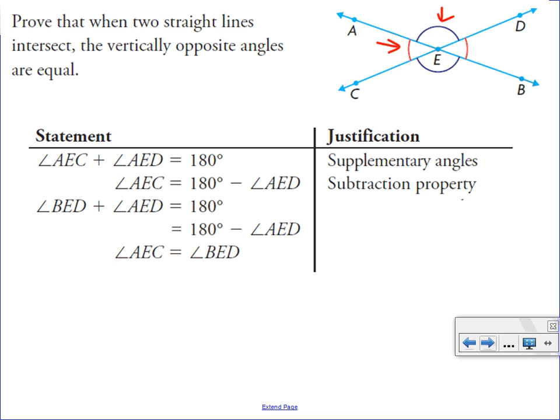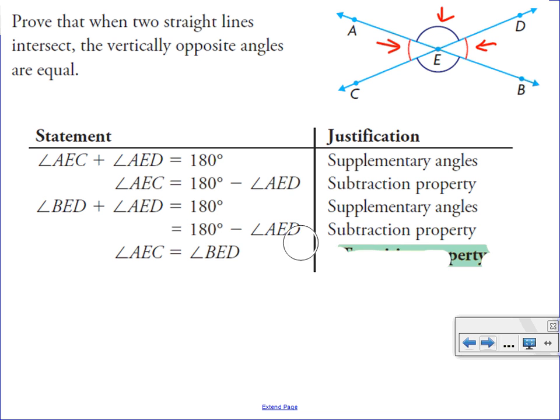And then rearranging that, which is called your subtraction property, or pardon me, subtracting a common angle from both sides, being angle AED, allows us to rearrange it. And we can do the same thing with angle BED, which is right here, saying that that angle plus the angle AED adds to 180. Sorry about that. By the subtraction property, we can say that,